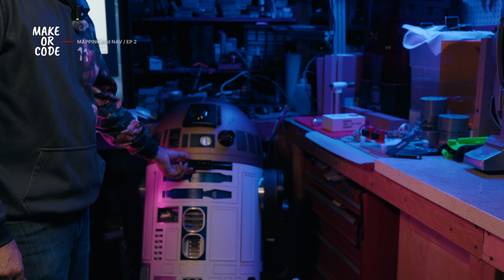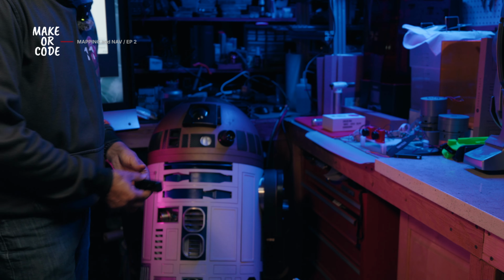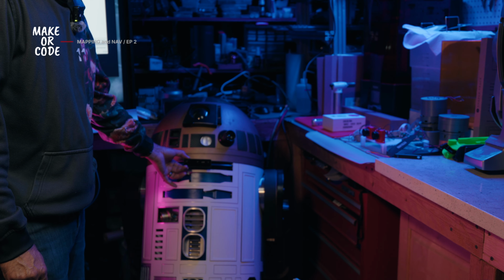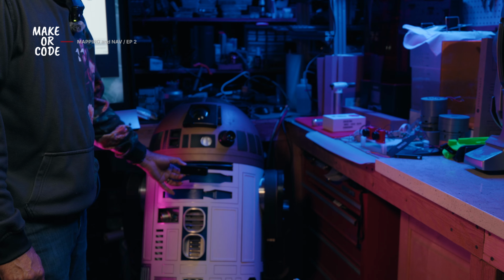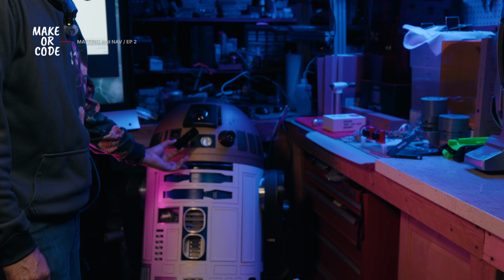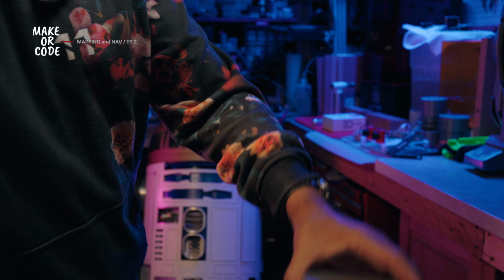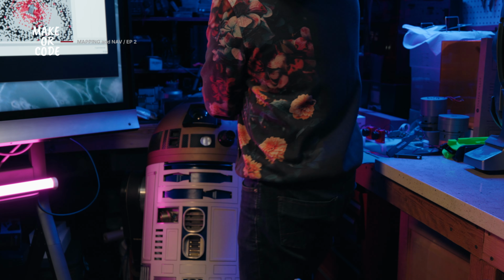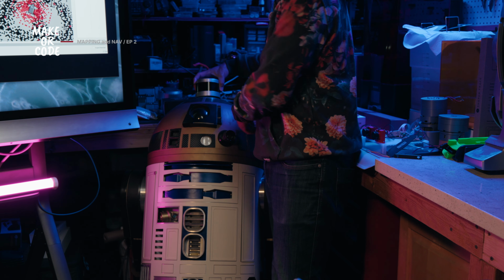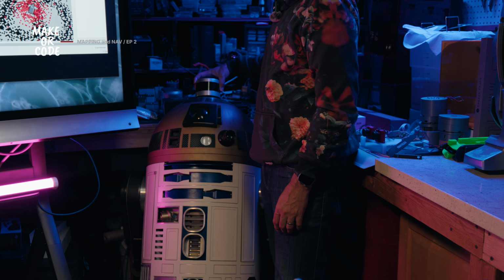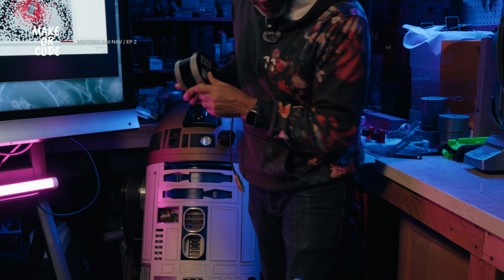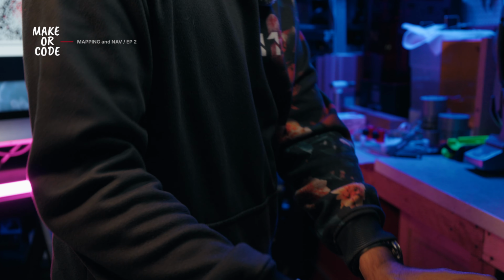So here, I'm going to repaint this all black again. I tested it out in white and I didn't like it. I can just remove this piece and put that in there. The LiDAR fits on here, actually in this hole, this exact size, so they're almost the exact same diameter. So I could have that there, or I can put the